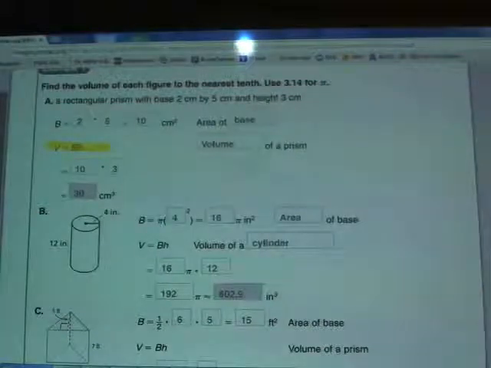Now remember, in a prism, the base can be any shape really from 3 sides on up. So they can't give you a static formula, and by a static formula I mean something that always works, because here that base is going to change. You're going to see in a minute when we go down to the cylinder, they're actually going to change the formula up a little bit because it's static. The base is always a circle, no choices in life. But here right now, there are many choices, so you've got to use